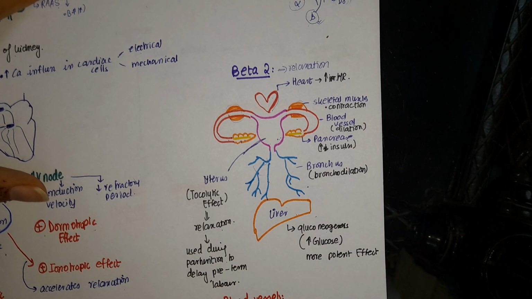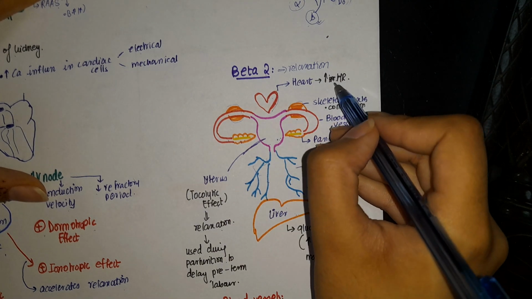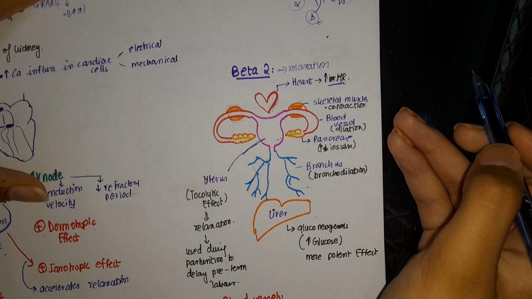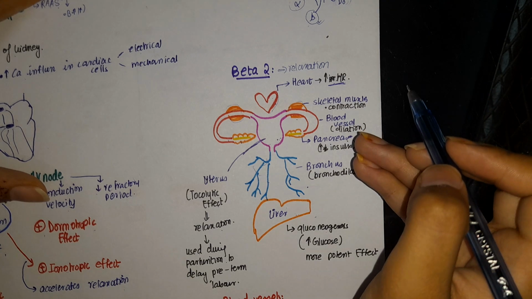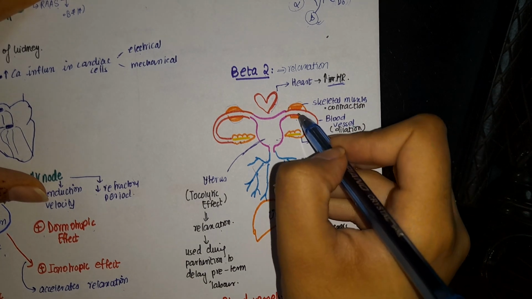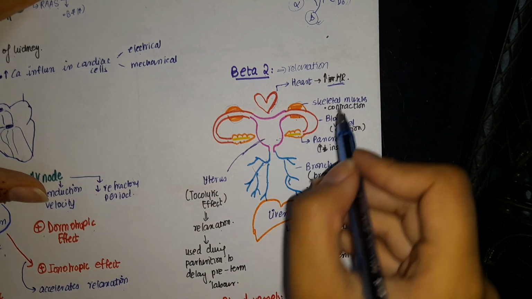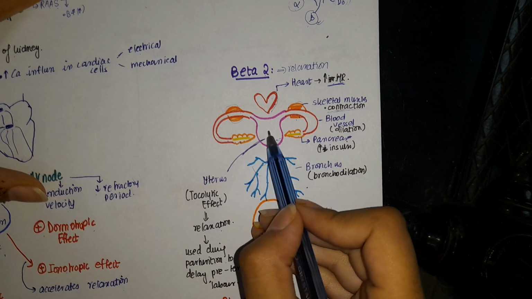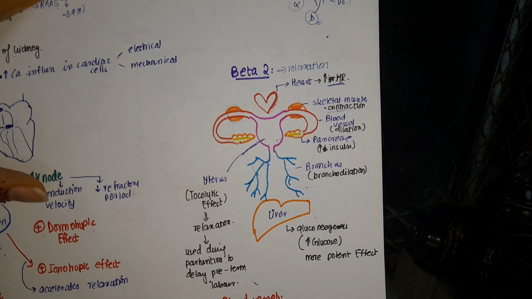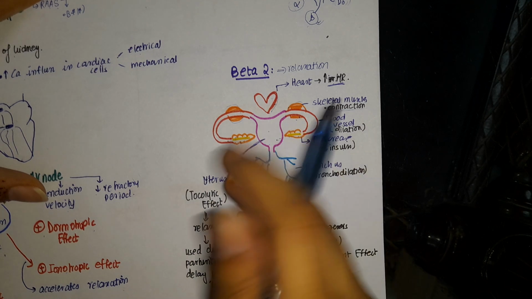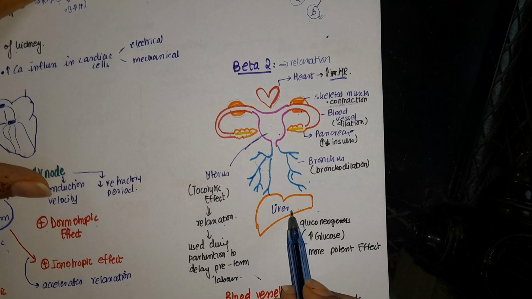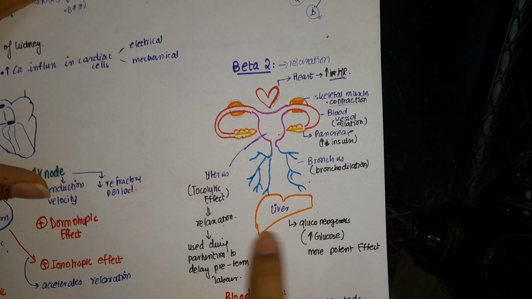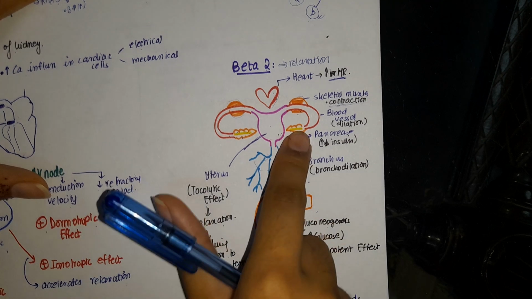But two things that we can observe are stimulatory. They are contraction of the heart, that is increased heart rate, and that increased heart rate is positive. The increased heart rate is always positive chronotropic effect. And if you have skeletal muscles, you will have their contraction, and that will be increased contraction of the skeletal muscle. All the other things, the blood vessels, the uterus, the bronchus, they are going to vasodilation or dilation. Whereas the pancreas will have decreased insulin production. Or for the liver, it will have increased gluconeogenesis or increased glucose formation. And the effects on the liver will be more potent than the effect on the pancreas, because liver is a giant organ.